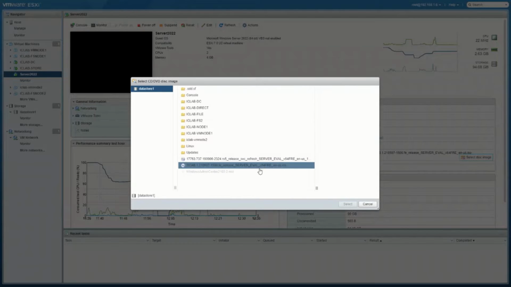So I've downloaded a couple of eval versions of Windows for this test, and also the Windows Admin Center MSI. Of course, you can't attach that to a DVD. Okay,